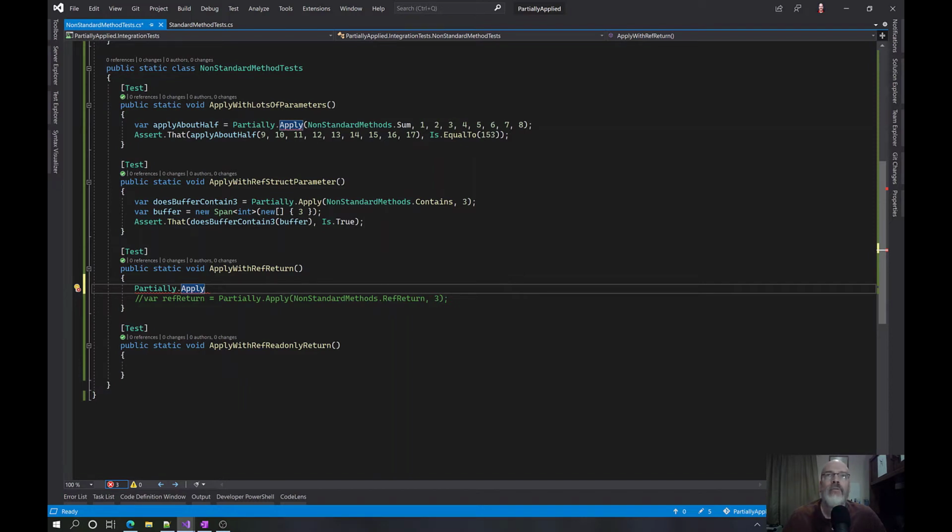I would venture to guess that if you hadn't done a partial application on a function that had the same exact signature as one of your methods that does a ref return, it would just work. You could use apply and it would just work. So I'm not going to take that case away,